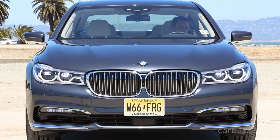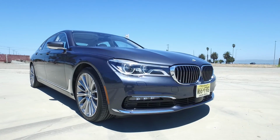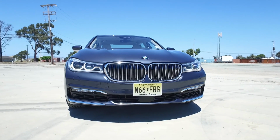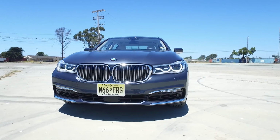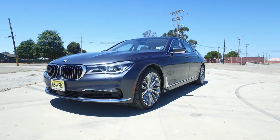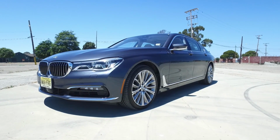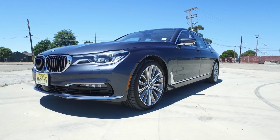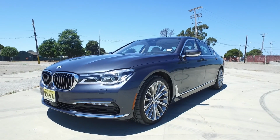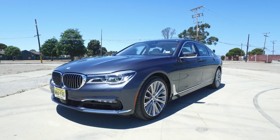I'm Jay, and this is the 2016 BMW 750i xDrive. Now, this is not your normal luxury large sedan. It's one of those cars that it's just as much fun to be chauffeured around in as it is to actually drive it. It is essentially one big technology and luxury showcase for BMW, and with that, today's unboxing review